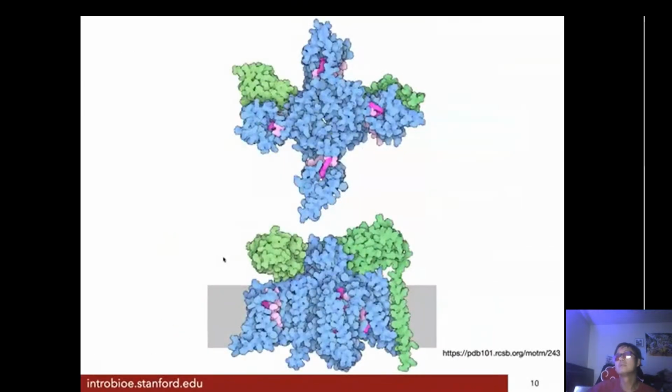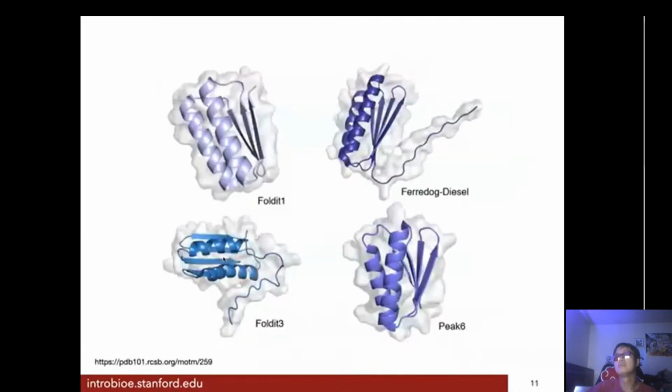I guess it's the same thing looking top down and on the side and the bottom. Yeah, voltage-gated sodium channel. I could use a change in voltage to let ions go through a membrane. That'll be interesting for nerves, neurons, other things maybe. What are these things? Foldit 1, Foldit 3. Citizen science designer proteins. I don't know what they do, but that's cool. Somebody made them. Citizen science.